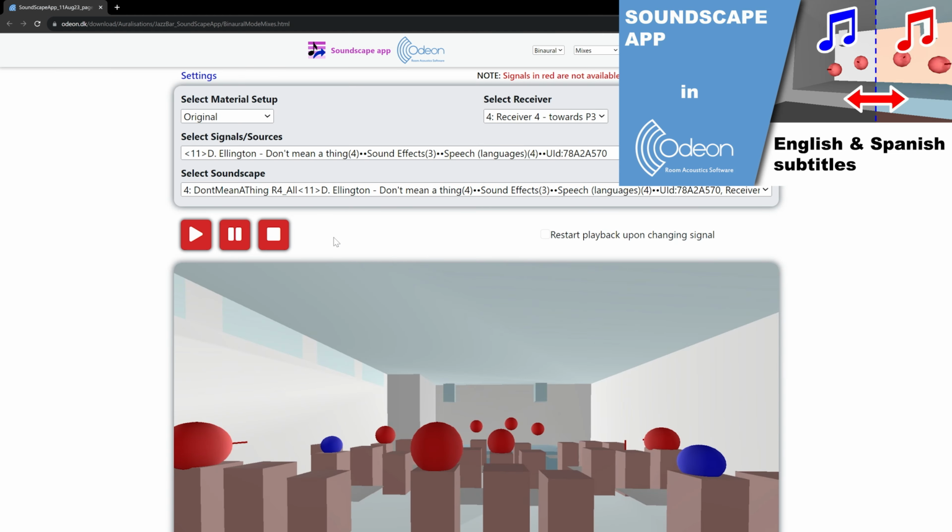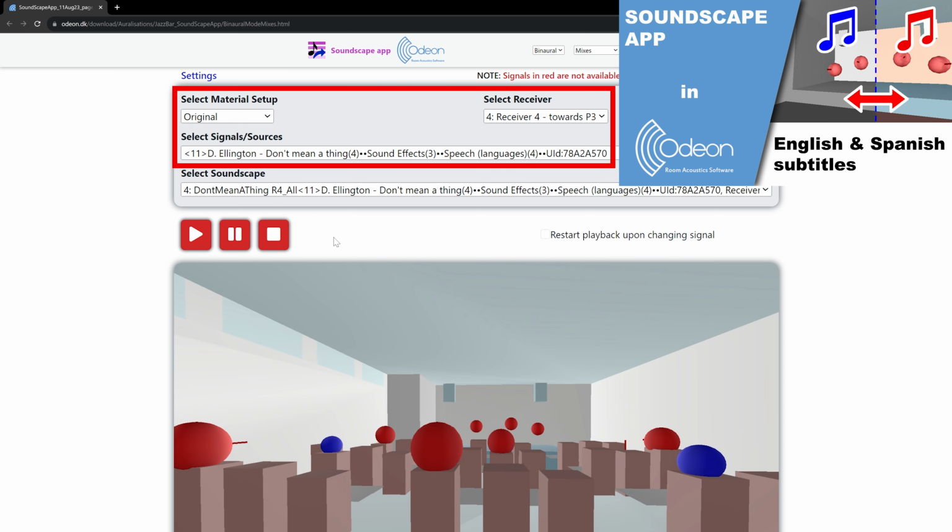The Soundscape app is an interface where you can change between different auralizations by selecting different sources, receivers, and even material setups.